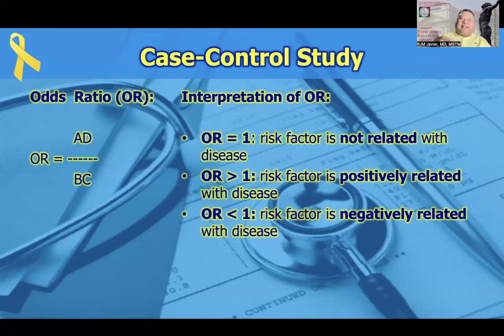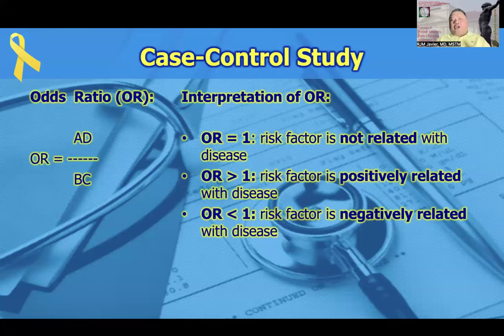So when we look at statistical significance in the future, when you go to biostatistics, you look at the 95% confidence interval. For the measure of relationship to be statistically significant, that interval should not contain the value of null. For Pearson's r and Spearman's rho, the value of null is zero. But for your odds ratio, the value of null is 1.